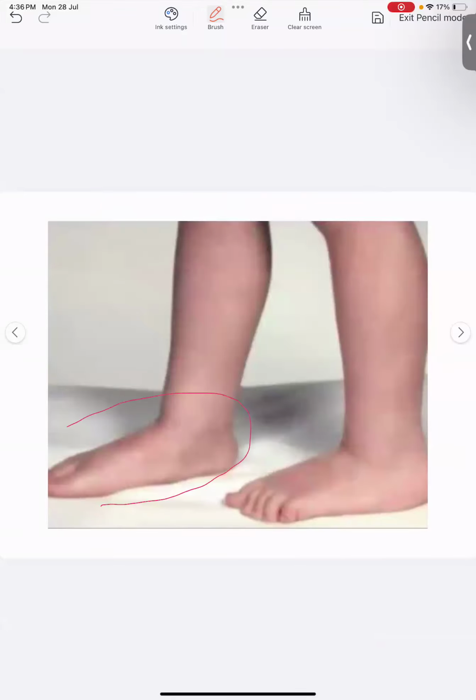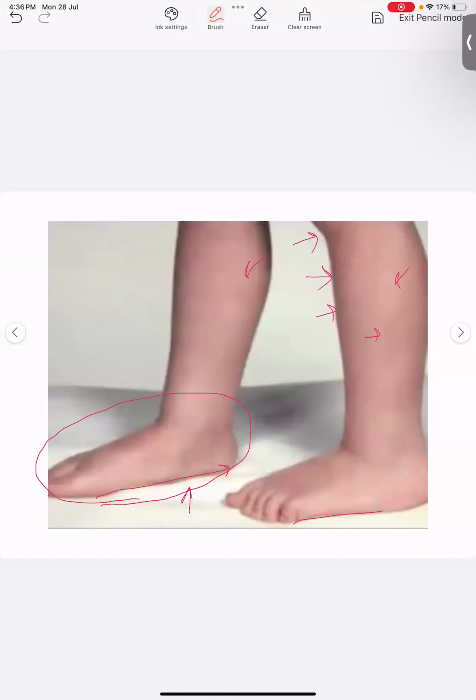What is this condition? That is flat foot. Any child, if they give you a picture of the flat foot, we have to consider: is the weight of this patient decreased? Is there any sign telling me there is a problem in the muscle or in the joint? We can appreciate there is flat foot, but the weight of the patient seems to be very normal. Most likely, just on this picture, I can say this is not a case of